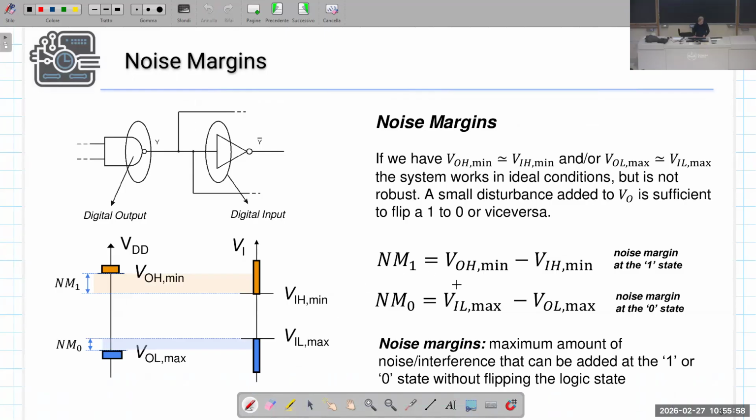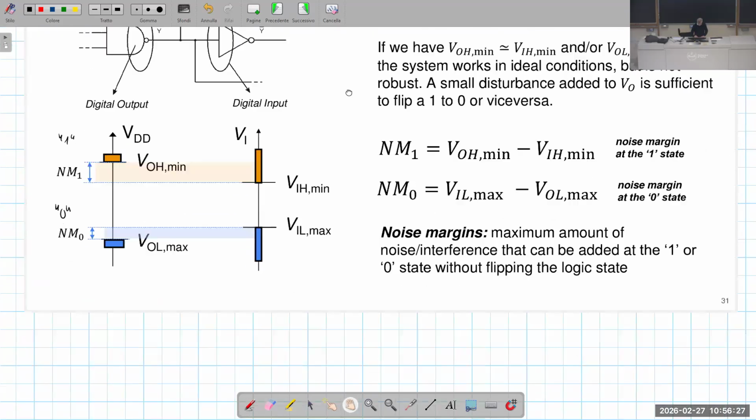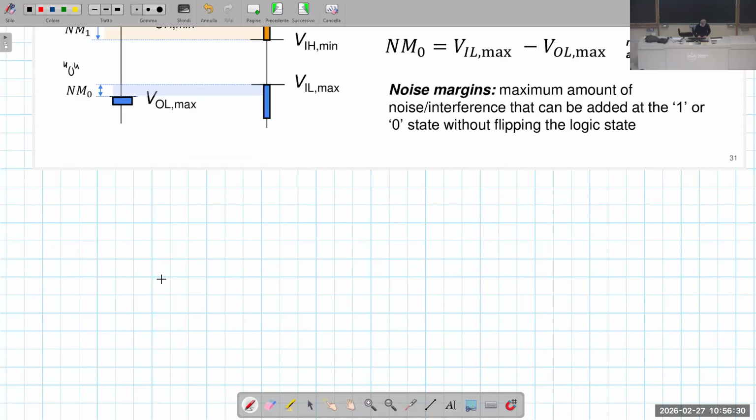And for this reason, this difference, VOH minimum minus VIH minimum at the high logic level, and VIL maximum minus VOL maximum at the low logic level, they are called noise margin at the high state and at the low state. And the reason is that if we are in this condition, we have